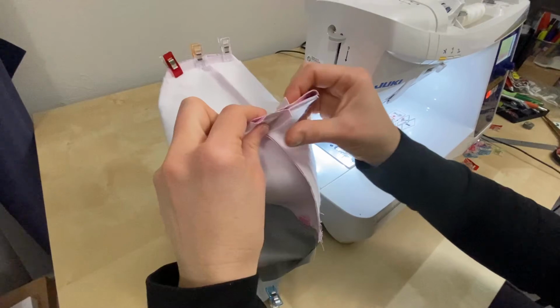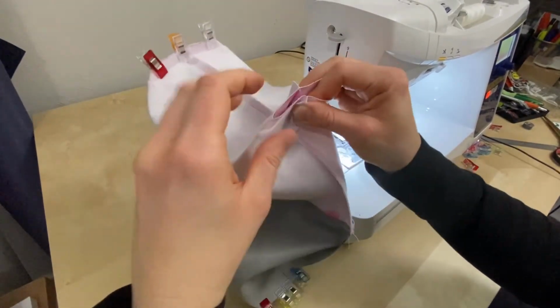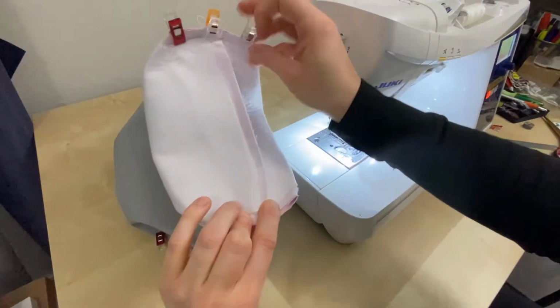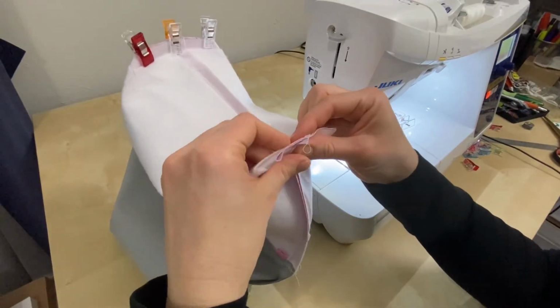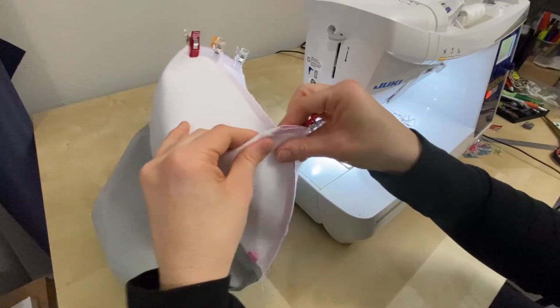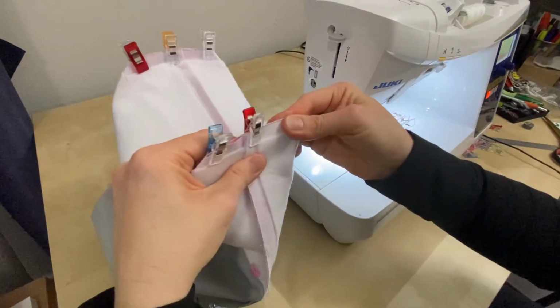Okay, and then again, pushing that the opposite way to that which I pushed the lining, keep the threads out of the way, and making sure that the seam is folded the same way so that it doesn't end up with a twist in it. I always put that middle clip in first, clips on either side,